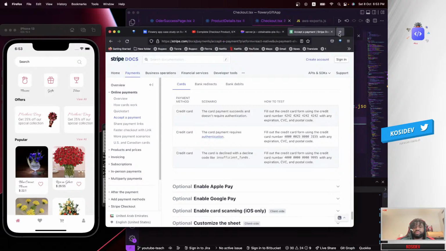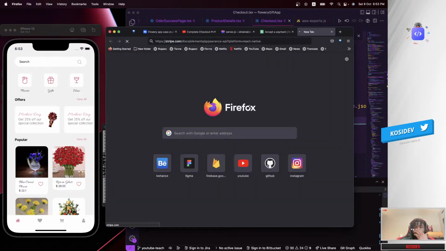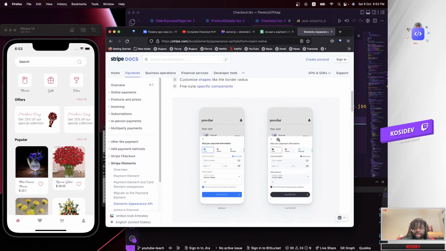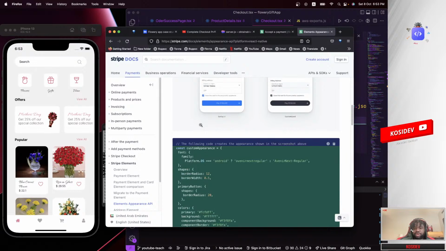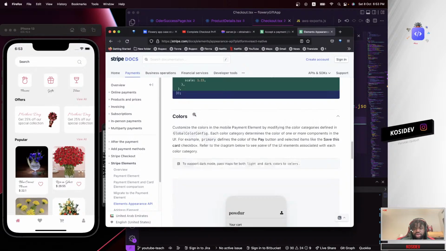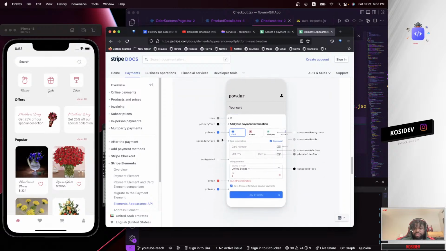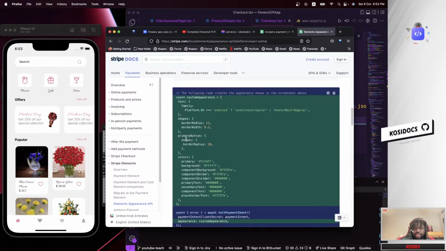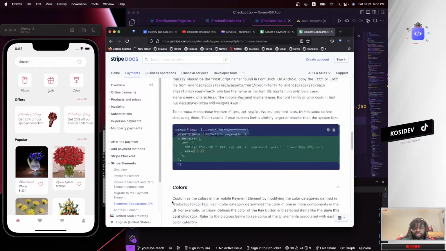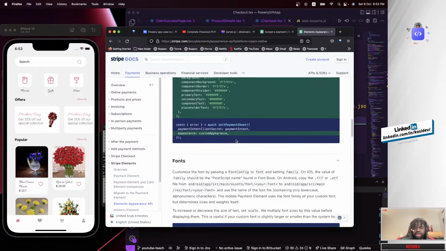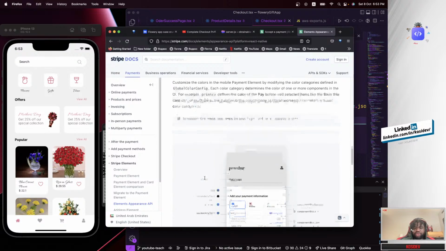If you head over to the Stripe API documentation right here, you can see the Elements Appearance API, so you can do the whole styling and know more about how to style the properties of Stripe, and what all this stuff means, like icon colors. If you want to change it, then you have to apply an icon color inside this JSON object, JavaScript object. So whatever color you want to change, pick the name and add the colors that you want in here. So we're going to see that.